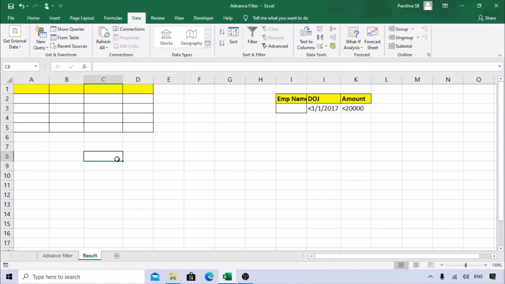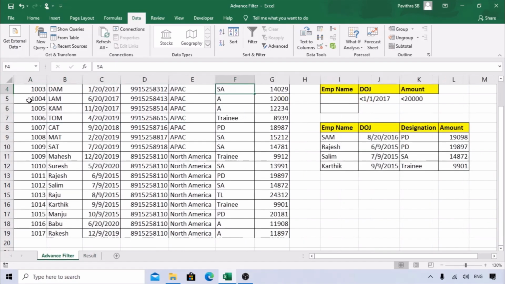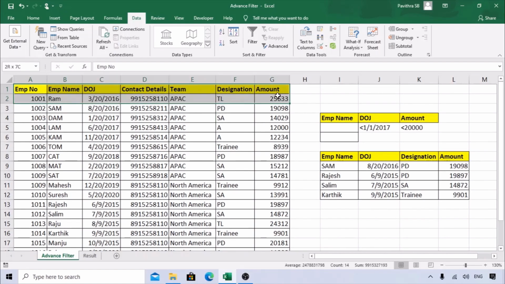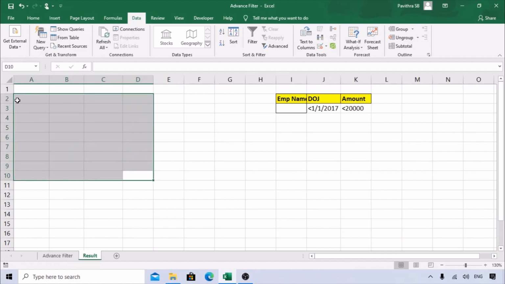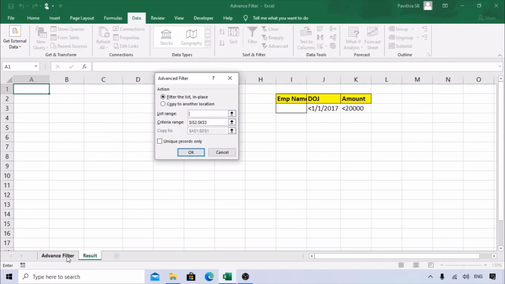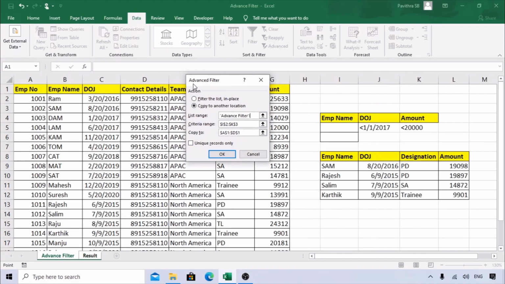I don't want only these particular headers. I want to get the entire headers. Say I want all the headers, all this data related to these two. Let's do it. Okay, let's clear this one. Same thing. I'm starting from the result tab, Advanced Filter. I need to copy to the location, so I'll click on the copy to location. Go to this list range, click on it, go to advanced filter, select the source